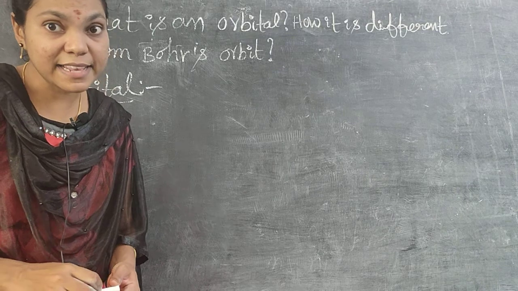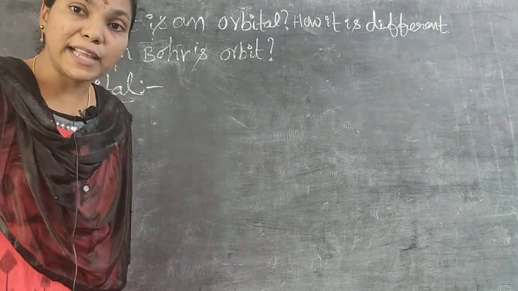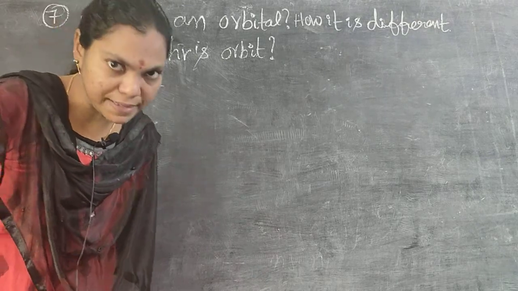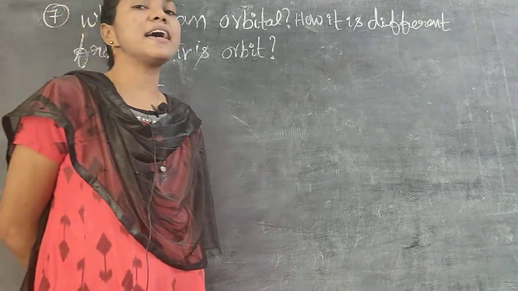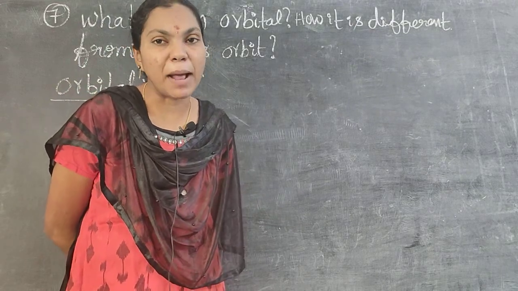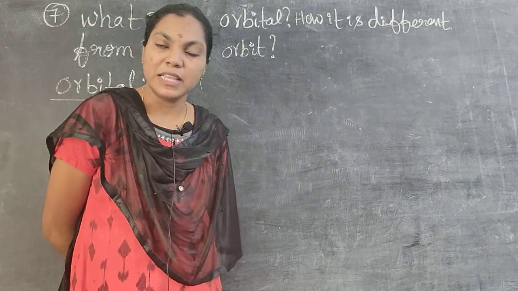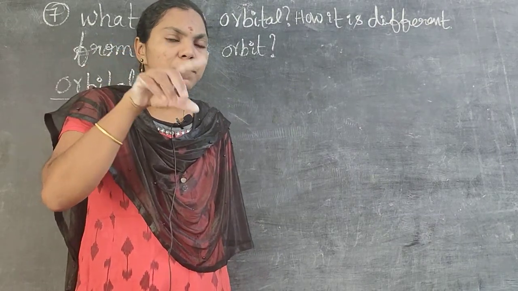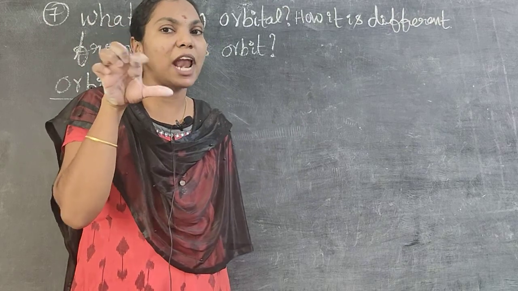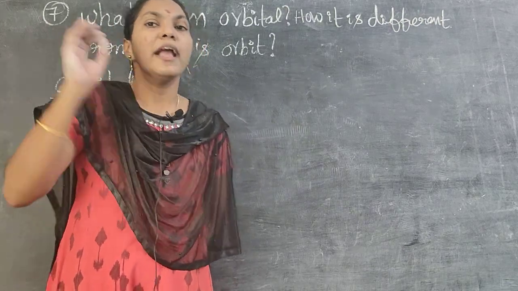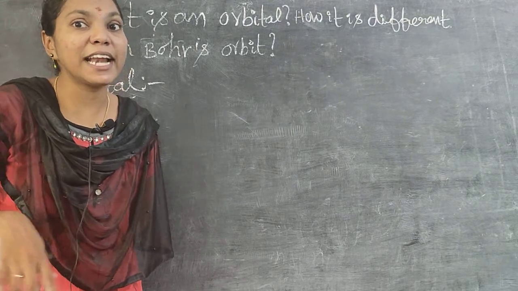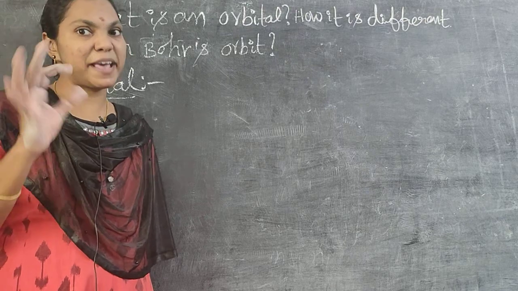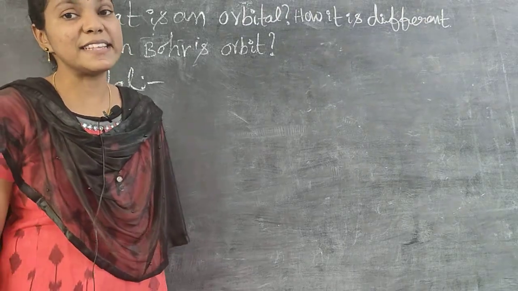The space or region where the maximum probability of finding the electron is there. That space or region is known as an orbital. The maximum probability means in most of the cases the electron is in that space only, rotating continuously. That's why we find the electron in that space at maximum. There is a maximum probability for finding an electron in that space or region. That space or region is known as an